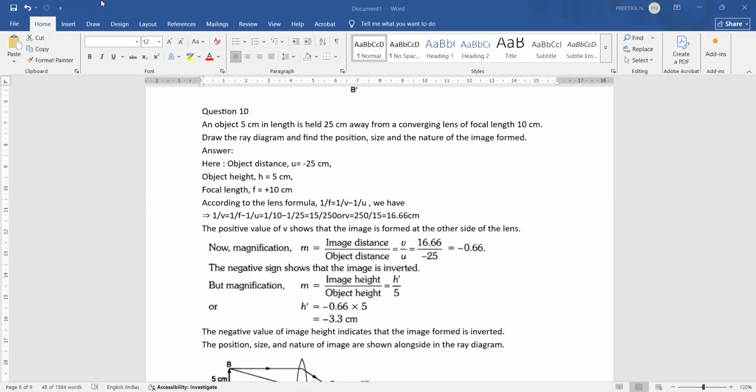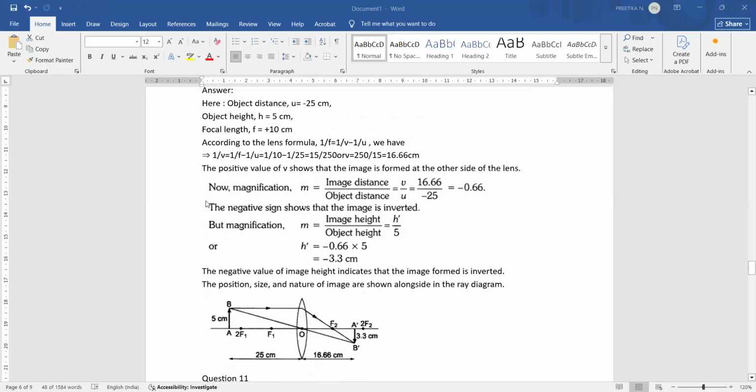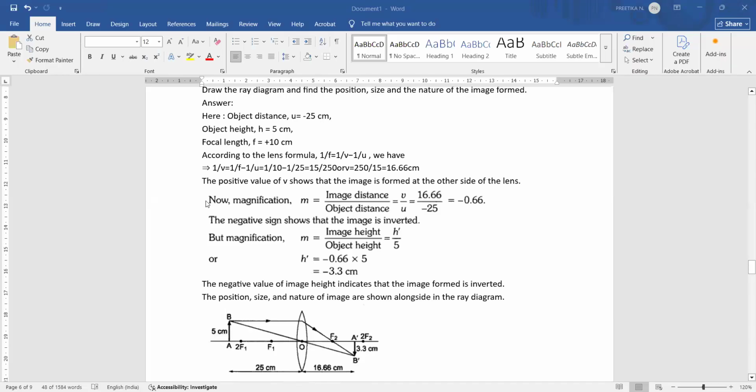Done? Noted it down till here? All right. So the last portion was to draw the ray diagram. When we draw a ray diagram, we need to be very clear with the things. First of all, make sure that the lens is convex. Then the size is smaller now. So if the size is smaller, make sure to place the object at such a position where the size becomes small.